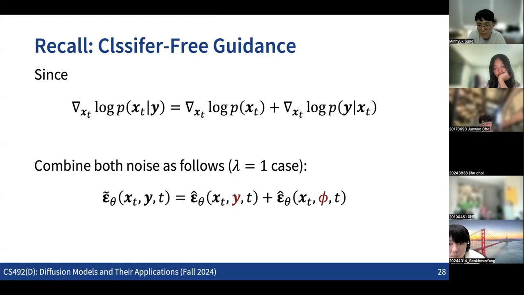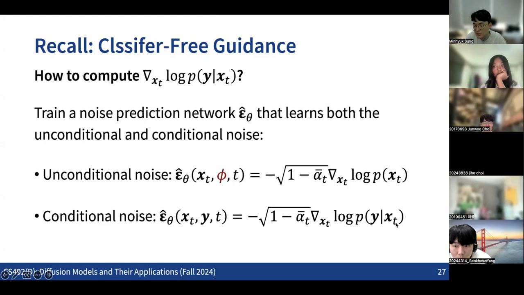So if we have a sufficient amount of training data for the pairs of the conditional input and the output, then we can train using classifier guidance or classifier-free guidance, training the neural network to predict this score of y conditioned by xt. But here the question is, when we do not have enough of such data, the pairs of the conditional input and output,